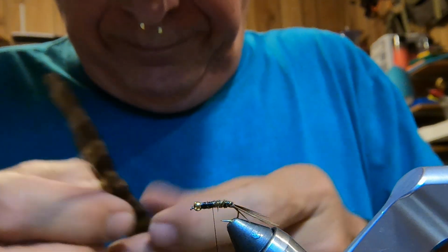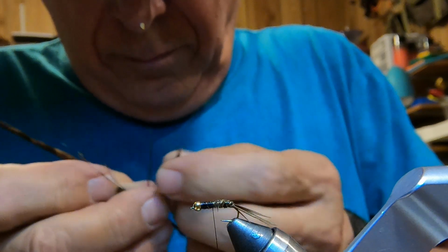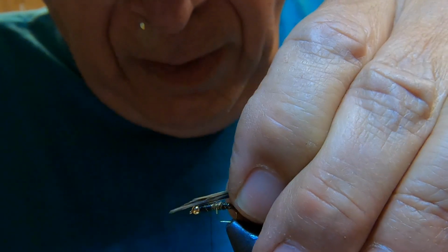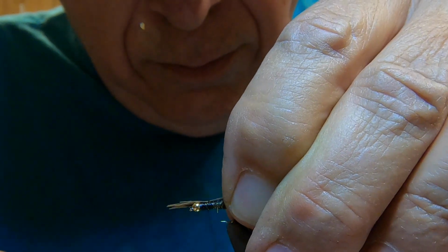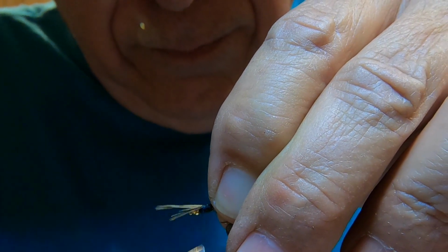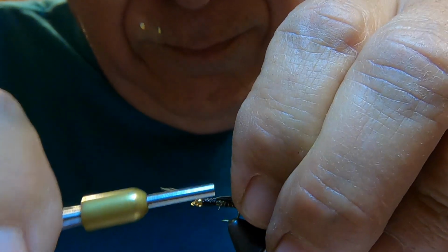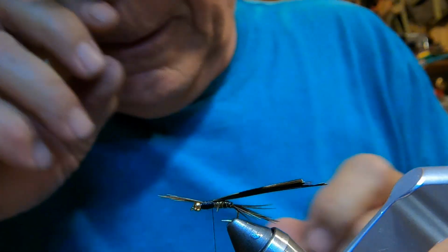Okay, now we're going to take some more pheasant. And the small ends forward. Maybe 2.5 bead heads or so, something like that. Tie them right on top. Well, maybe a little longer. May have to trim them a little. Okay. Okay, next,